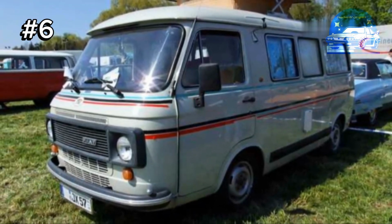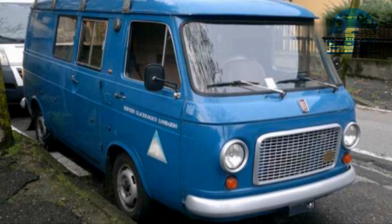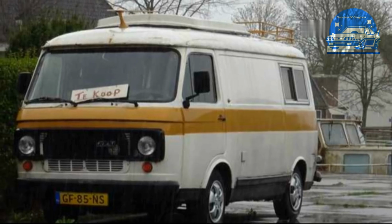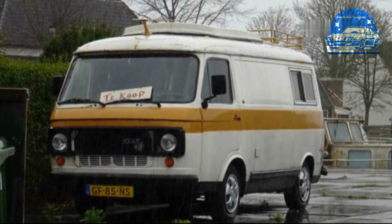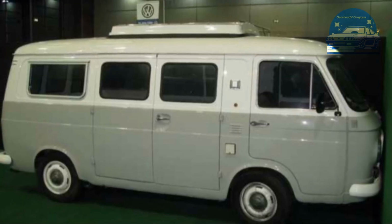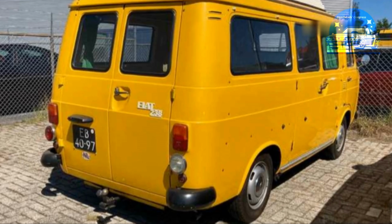The Fiat 238 was produced by the Italian automotive production firm Fiat from 1967 through 1983. It was introduced as the logical successor for the Fiat 1100T, which had an under-seat transverse engine because the model had a front-wheel drive. The van was based on the chassis of the Autobianchi Primula and had a down-tuned version of its